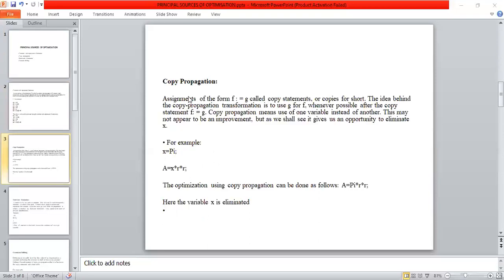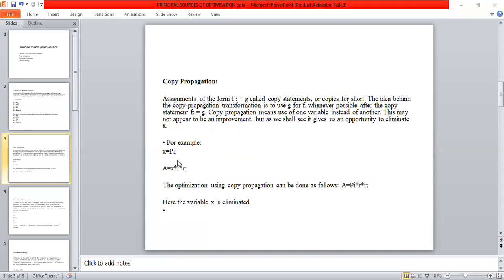The next technique is called copy propagation. Whenever I have an assignment statement f is equal to g, it is called a copy statement. Wherever I have f, it is simply replaced with g, which is called copy propagation.